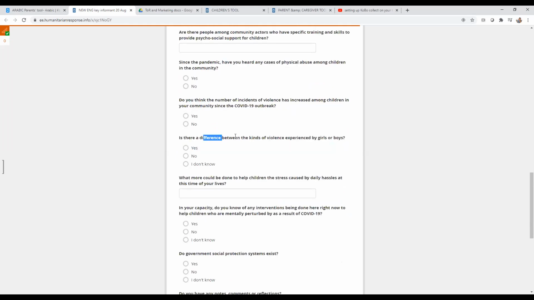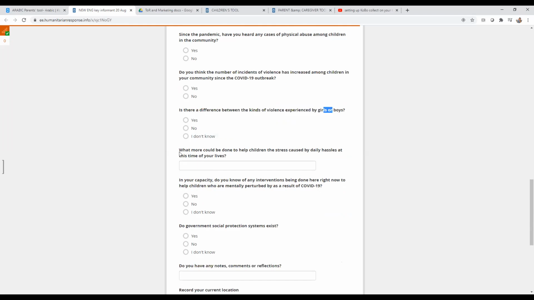And here we're talking about if there's violence, is there a difference between the kinds of violence experienced by boys or girls? Yes, no, I don't know. The next question is about what more can be done to help children and the stress caused by daily hassles. So what more can be done to help children relieve the stress caused by daily hassles at this time of your lives? So we're trying to find out